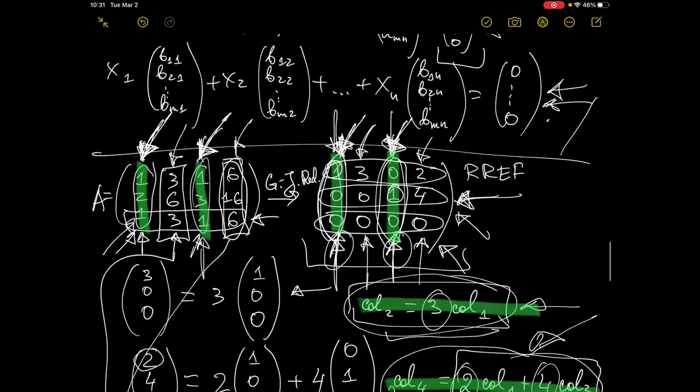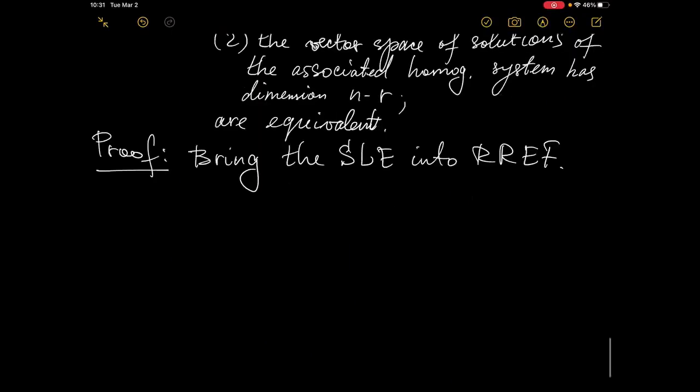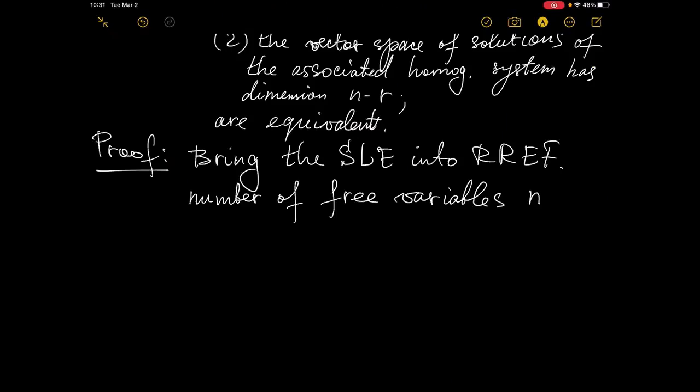This is the column corresponding to a free variable, and this is the column corresponding to a free variable, right? So the number of free variables is the number of unknowns minus the number of leading ones. But the number of leading ones is exactly the rank of A, right? So correspondingly,